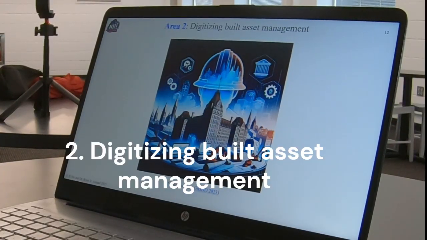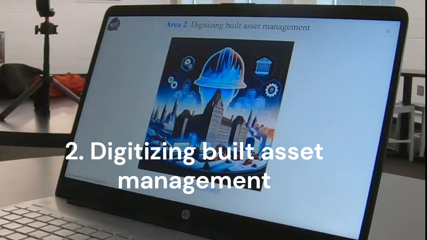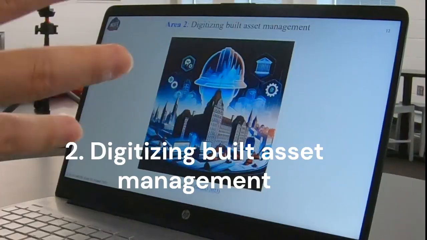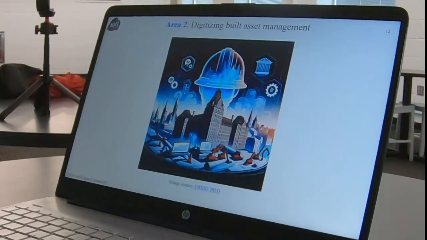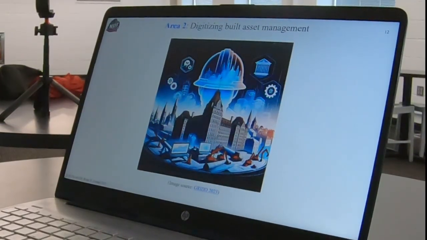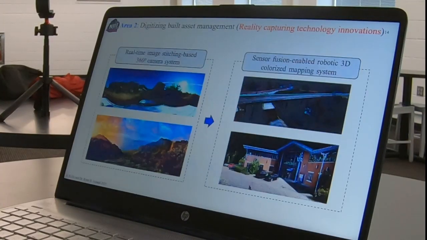So for this one, basically I do digitization. My research basically focuses on 2 things. One is reality capturing, because I want to find something to represent the actual thing built by the people, as I discussed. Another thing is what kind of platform we can use to show decision makers what's going on, which is digital twin. So 2 things. One is to capture the reality. The other is to create digital models in order to show the final results in real time. So yeah, I will jump over this part: built assets, buildings, ports, dams, roads, and so on and so forth.